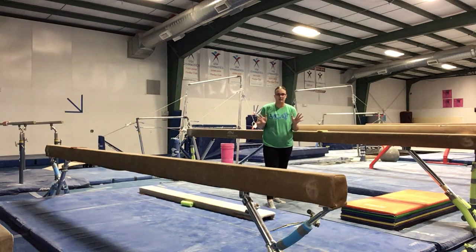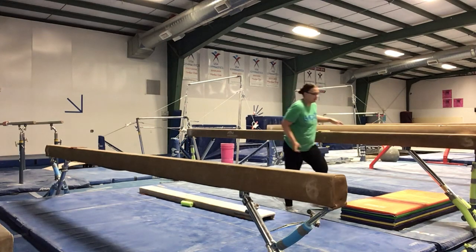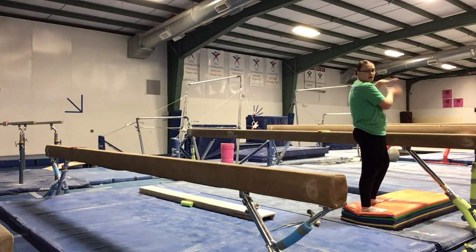And that way they know you're there also, and they're not going to freak out. For intermediate, they're going to do handstands as high as they're comfortable with you spotting. So that's what this mat is for you. So you can stand up here, and you can grab below their stomach and by their back, or however you